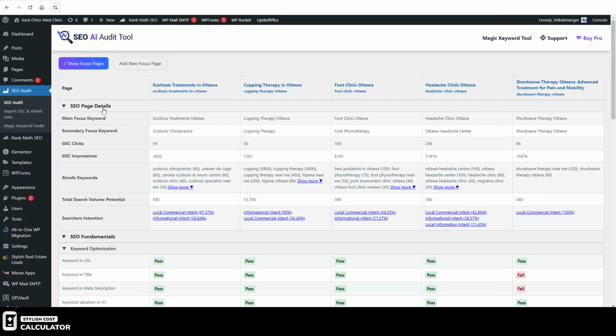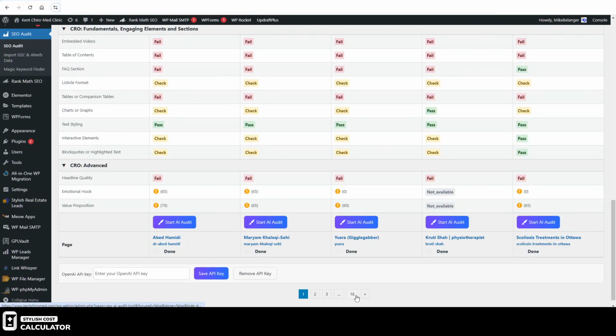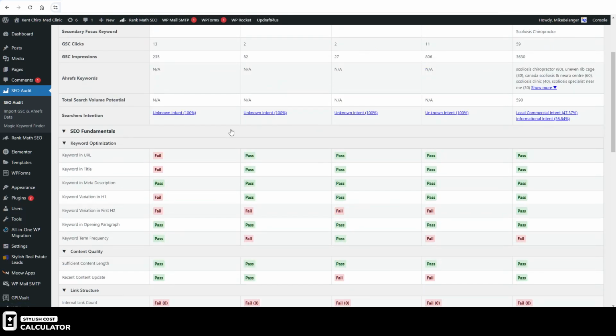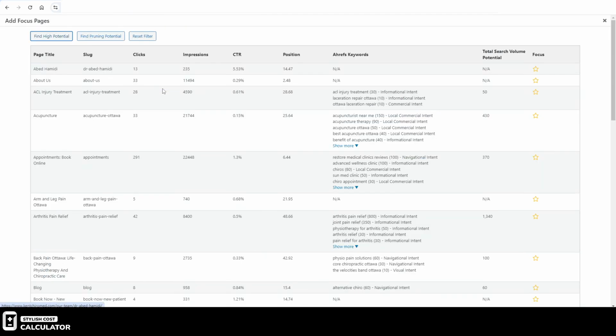And I created this thing called focus pages because when you bring your VA to the screen, you don't want them to just see all pages because we have hundreds of pages. I mean, we have 16 times 5 pages, right? So the VA will be like, well, what do I work on, right? So as a business owner, you would want to click on add focus page, and you would see all your